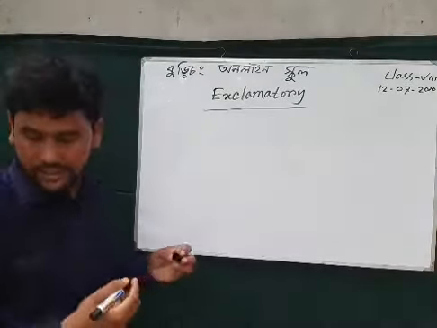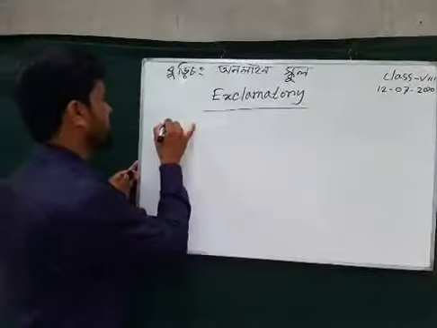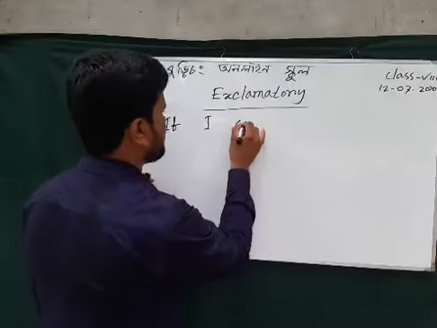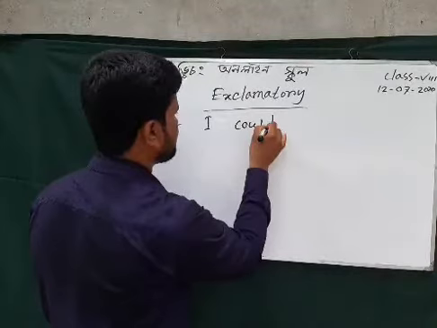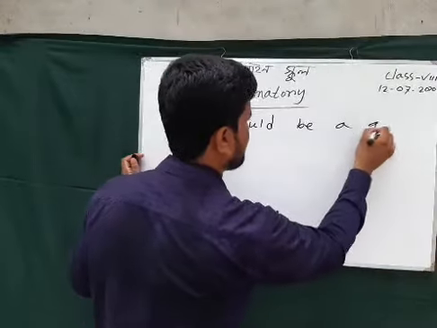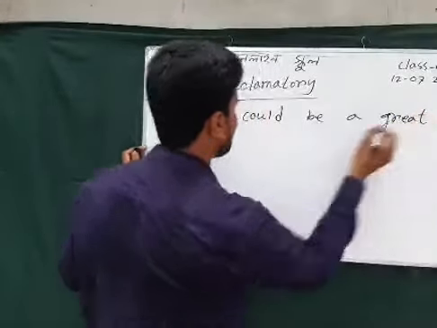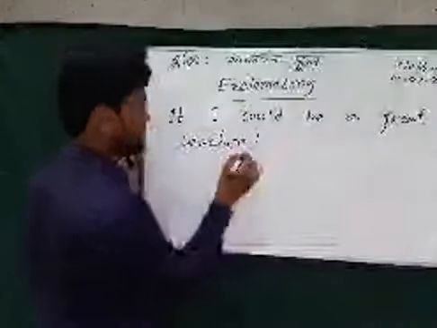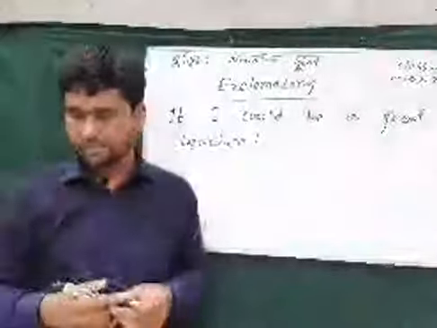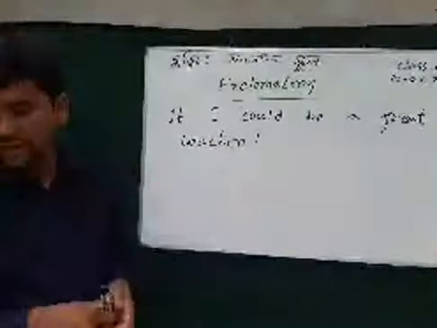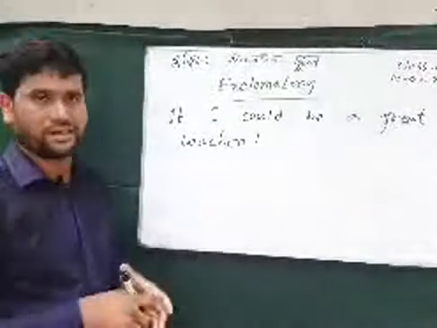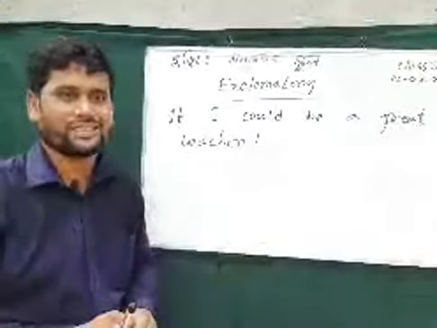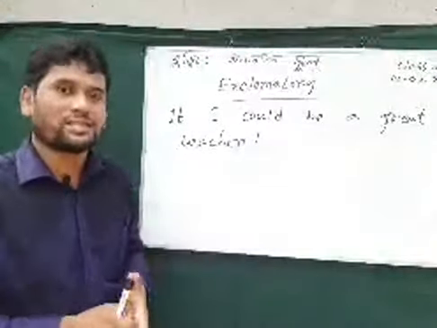So an exclamatory sentence may start with if, just if: If I could be a great teacher! Note of exclamation. If I could be a great teacher! If I could be like the many good teachers taking classes in Bangladesh, just what did I do,